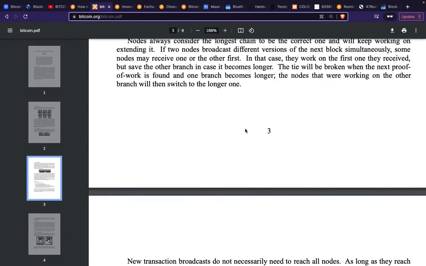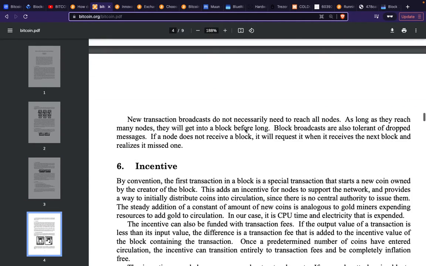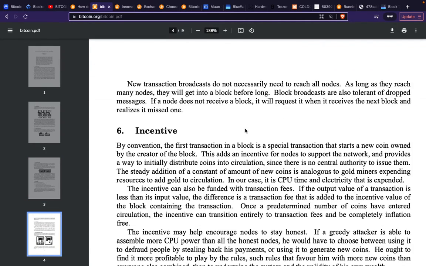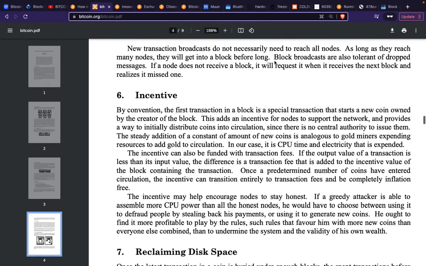Okay, so let's go down a little bit more. I'm going to talk about wallets later, and this white paper is so intense. I feel like I have to go over it quite a bit, over and over again, so we can really get it. And sometimes when you try to explain something, I'm learning as well as you guys are learning from me. So, incentives. There are incentives in the Bitcoin network, right?